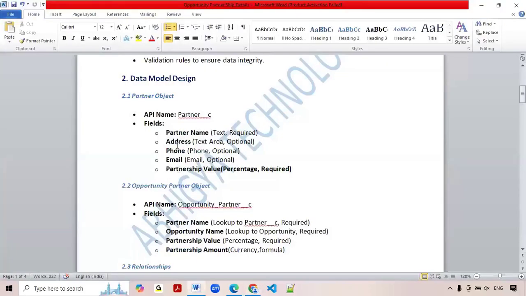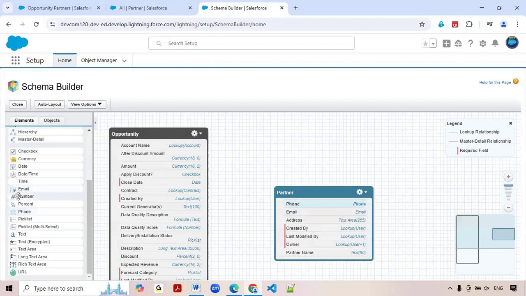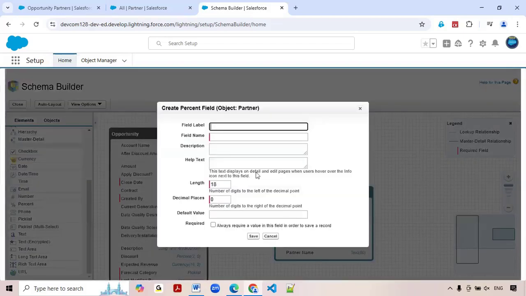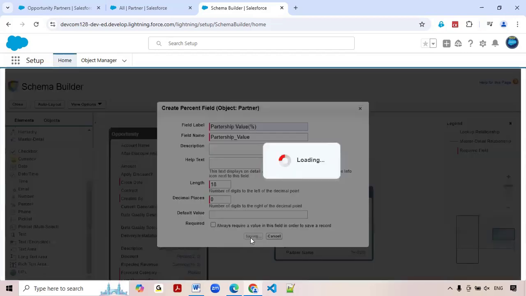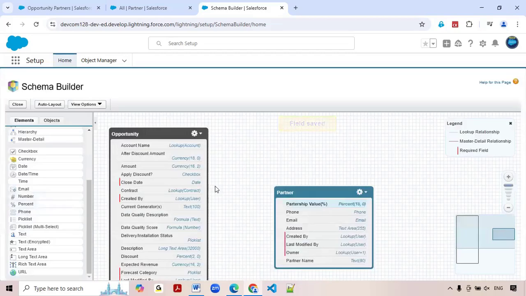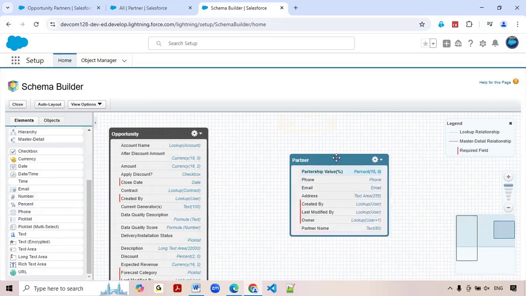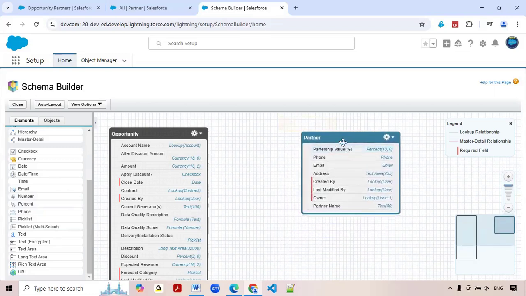So we created phone and email. Partnership value is mainly required, we have to give it. This is a percentage. Partnership value, here we are giving. Click on save. Length you can give as 3, and it cannot exceed more than 100 percentage, right? We have to implement one more validation for that, but I have not implemented it right now. This is one of the custom objects we created: partner name, partnership value, phone, email,